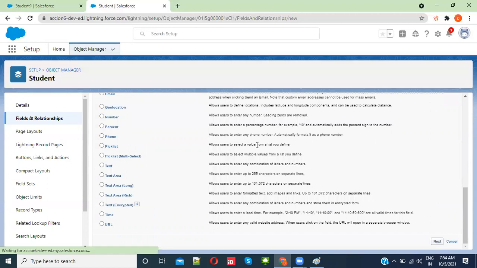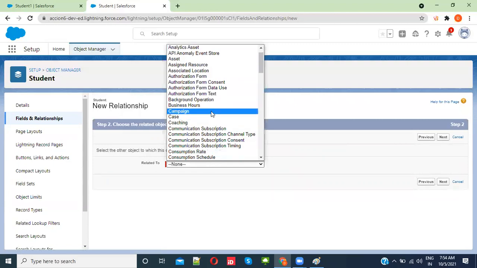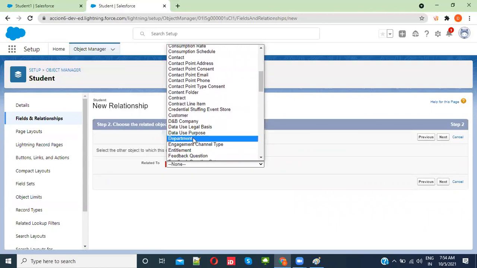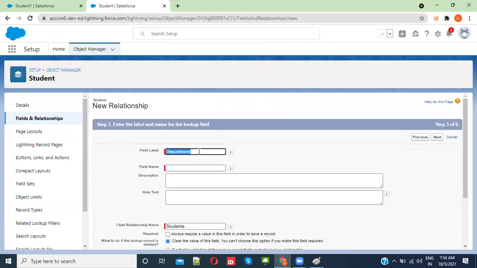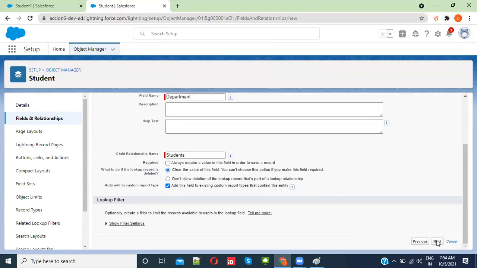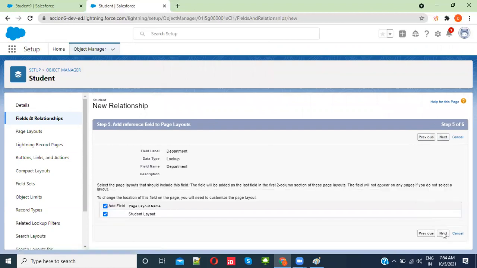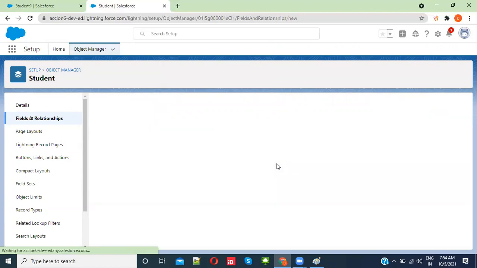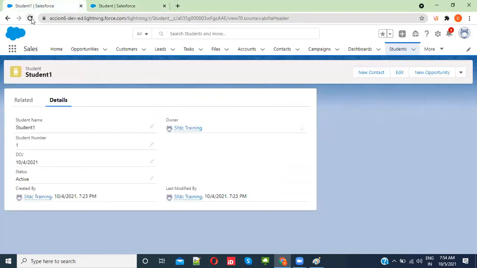Let's create new. Okay, student. So this is related to which one? Department. We are going to create it with department. Select department. Next. Okay. See this. I'll explain the lookup filter and others later. Save it. Okay, a lot of other options will be there. You don't need to worry about all of them. Now if you see this,